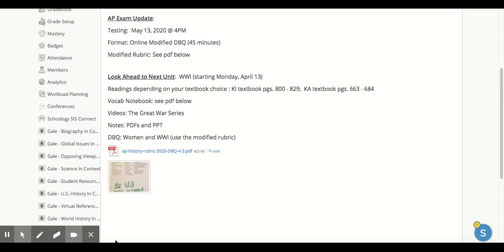So when you're looking, let's say we're looking at the World War I and women documents. This is looking at the women during this period. Well, you could bring out information about women prior to that, or you can bring about changes that will happen years later after the war for women. So bringing in that extra piece of evidence that's not being stated within those documents.